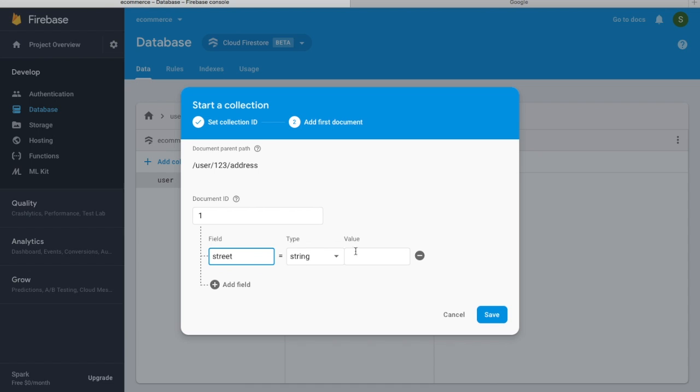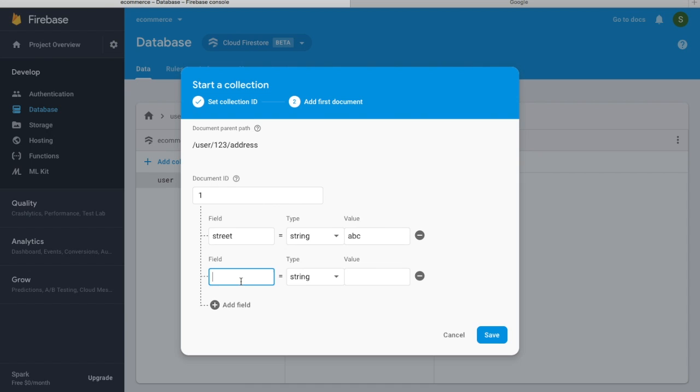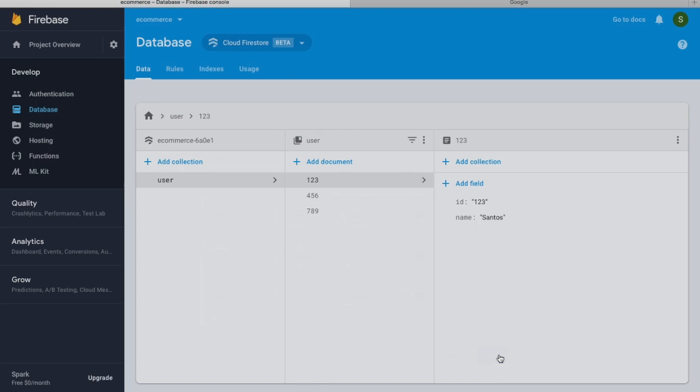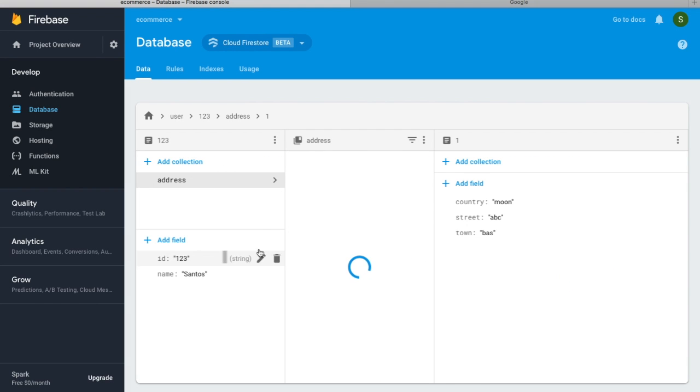Street, and street ABC, and town, anything, and what else, country, moon, he lives on the moon. Save. So under these, for this particular user we have another field called address, and have the values here,